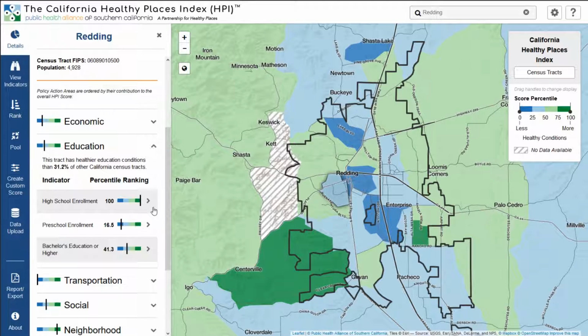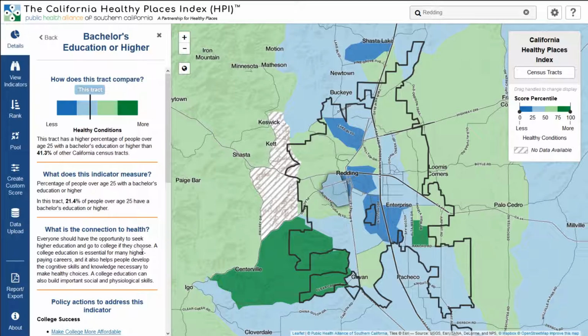You are able to quickly identify the positive assets in a neighborhood as well as those conditions in need of improvement, the health opportunities of this community. If you see an indicator of interest, such as bachelor's education or higher, you can click further to get more information. As with the overall HPI score, you'll get a visualization and interpretation of this indicator's percentile rank in this